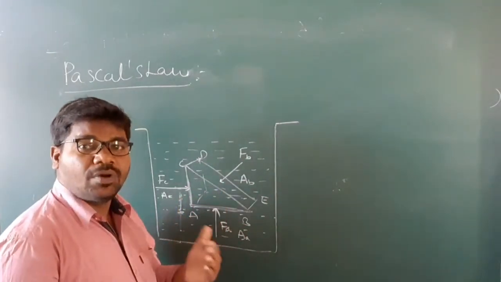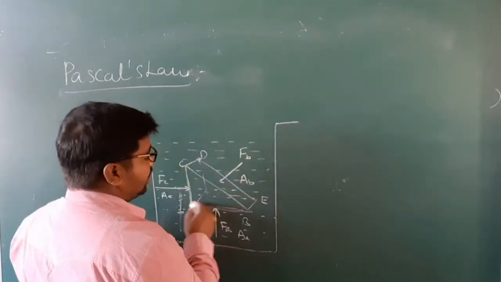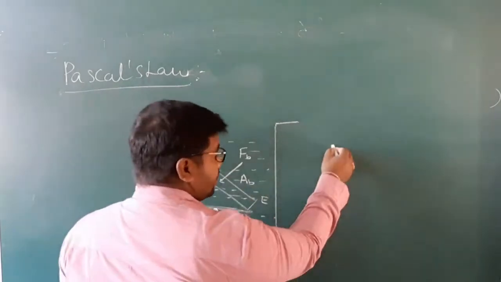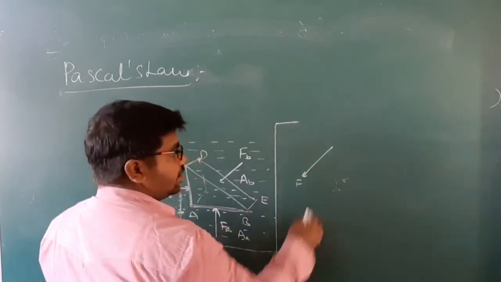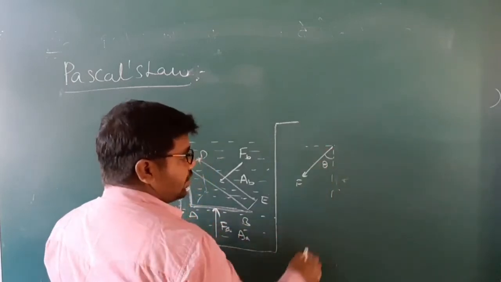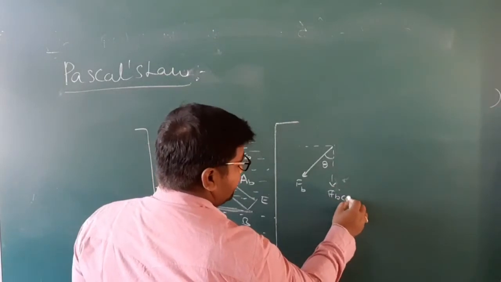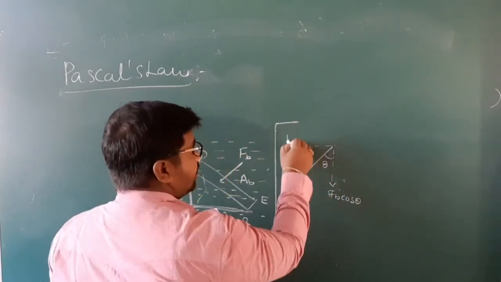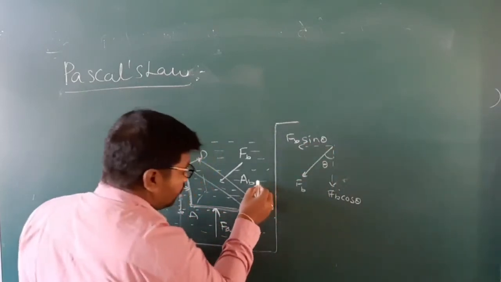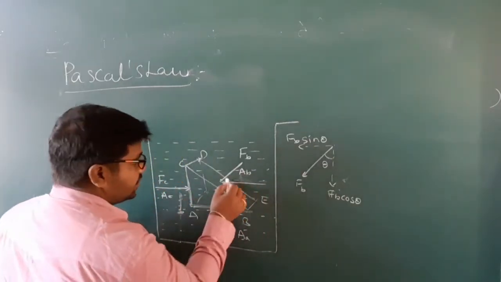Based on the components of the vector, this force vector we can draw in this way. We can draw the x and y axes, making angle theta. This is FB. Here we get FB cos theta, and here we get FB sin theta. Now the force vector acting opposite to the FC